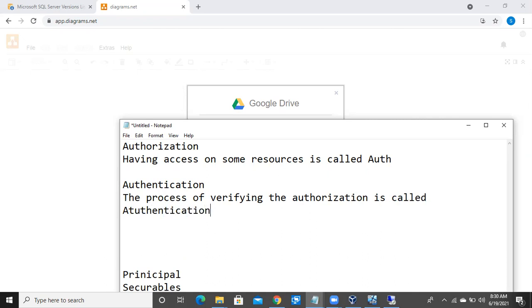You all use Gmail, right? In case you don't have an account, you will get an error, login failed. If you have an account, you give your username and password. That is called authentication.